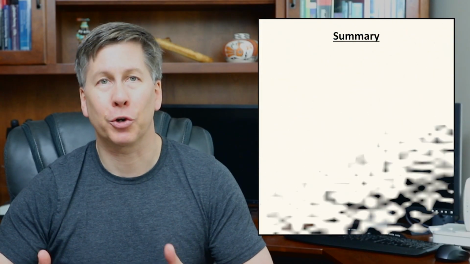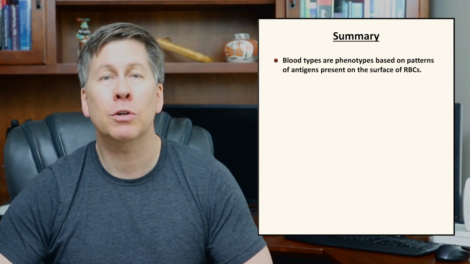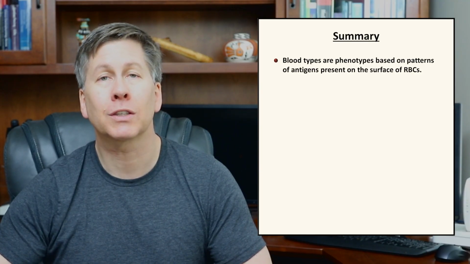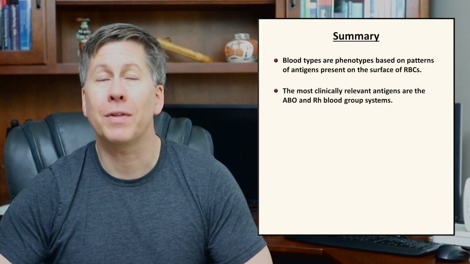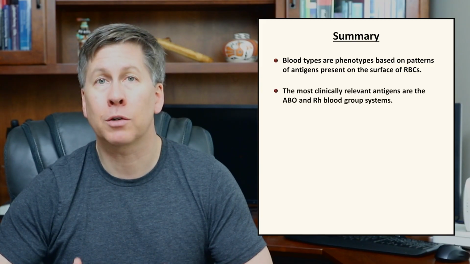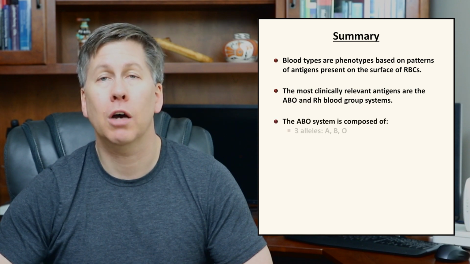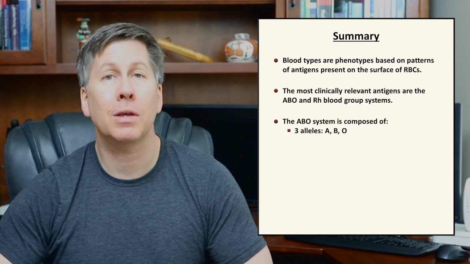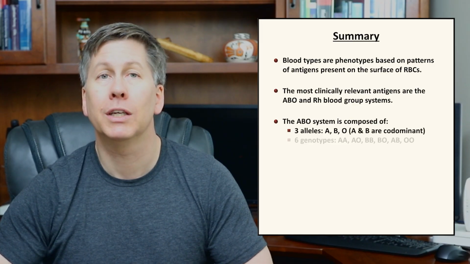I'm now at the end, so let me summarize what we've learned. Blood types are phenotypes based on patterns of antigens present on the surface of red blood cells. The most clinically relevant antigens are the ABO and Rh blood group systems. The ABO system is composed of 3 alleles, A, B, and O, of which A and B are codominant,